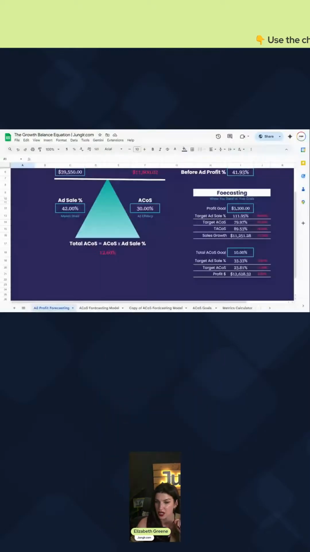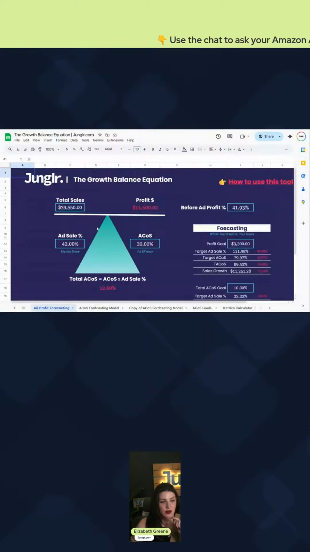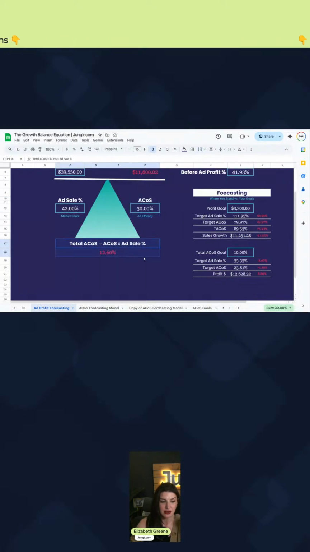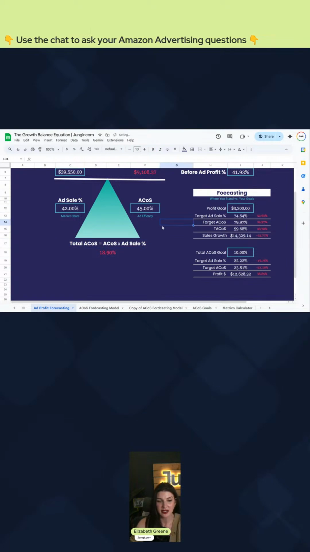Because when it comes to really growing and balancing profitability, one thing you can do is multiply your ad sale percentage, which is the percentage of your total sales from advertising, times your ACoS, and that equals your total ACoS. So if I have to have a much higher ACoS because of the CPCs that I need, well, if I actually have a lower